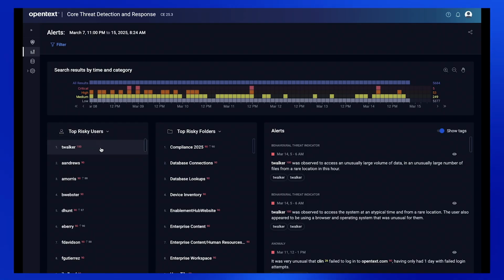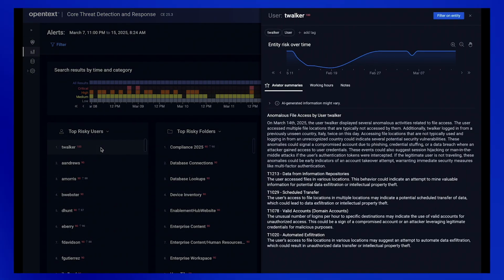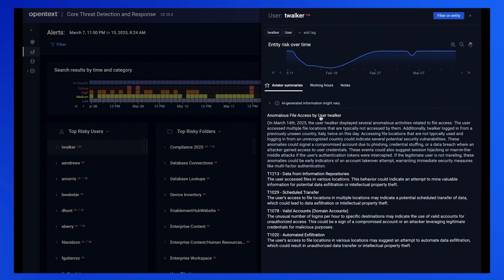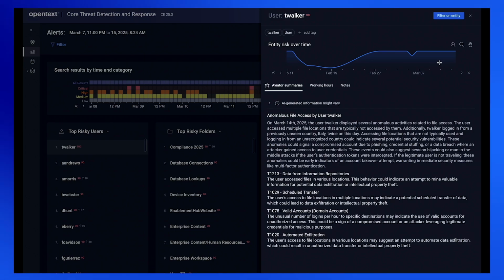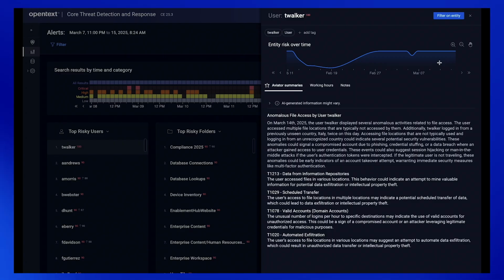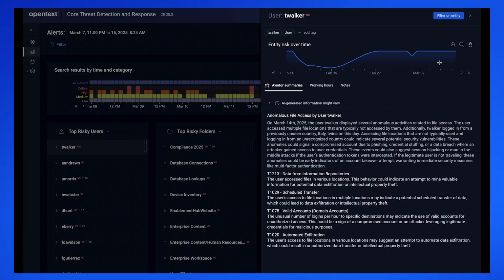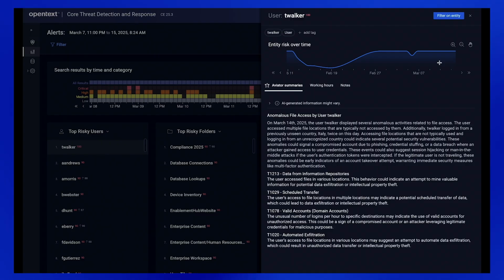So I'm going to click on the highest risky user, which in this case really is Tessa Walker. And again, I've got this fantastic summary from the Aviator that tells me exactly what's going on. And there's quite a lot going on around here. I see some anomalous behaviors. I see Tessa's account being connected in from Italy, but that's really unusual because I know Tessa is a US-based employee. I see some unusual access of file repositories inside content management and so on and so forth. So a lot of stuff for me to break down.